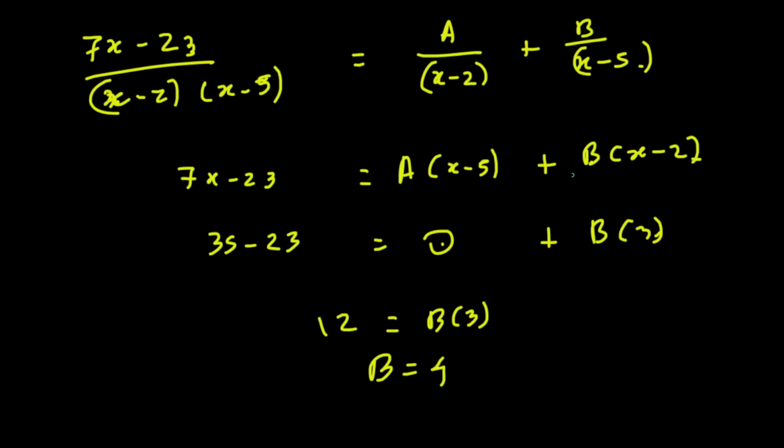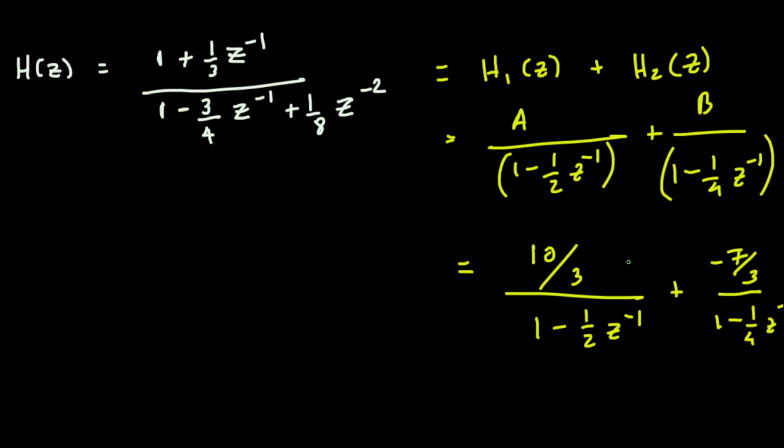Now for the next one, we put 2 for the x value in order to make this one 0, and solve for a. You can solve for b and a like that. That's how we got these values. Okay, now once you have got that one,